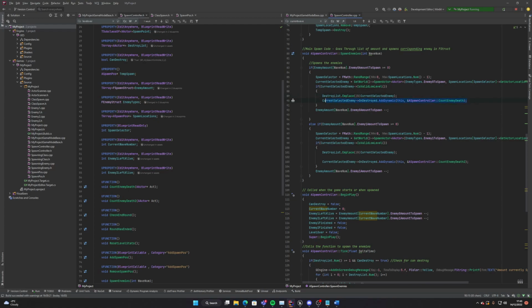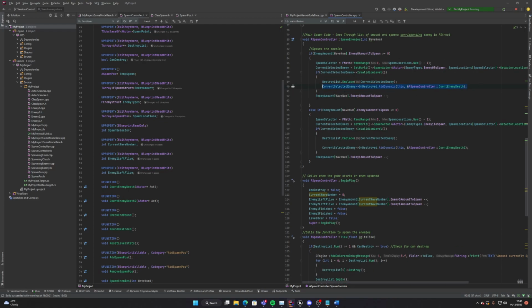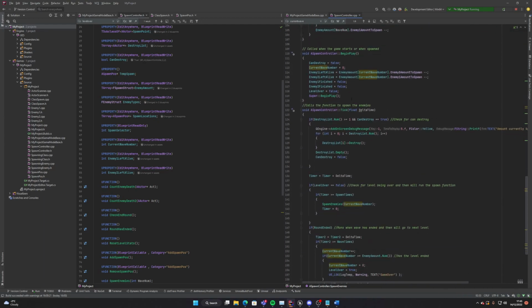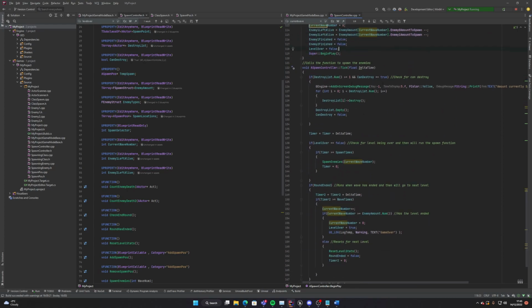And then also, this is the hook into the destroy system and will run count enemy death once the enemy has died. And then it obviously takes one off the list, and it just does that for every type of enemy, so that's the second type there. On begin play, this is just setting all the values at the start. And on tick is where I do a lot of checks, so this is to check once the destroy list